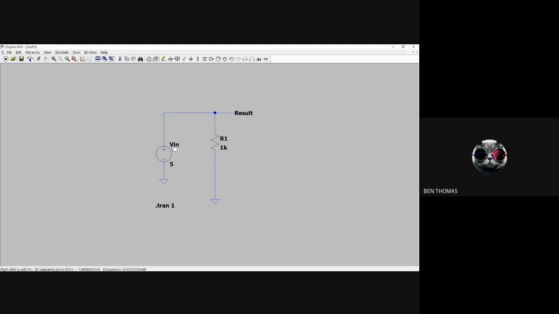Now when we want to change the voltage of this voltage source, we just hover over it. When the hand appears, we right click, and we get an option to enter a DC voltage value that we want. But let's imagine we want to give an AC voltage source, like a sine wave or a square wave. If you want to enter something like that, what we have to do is